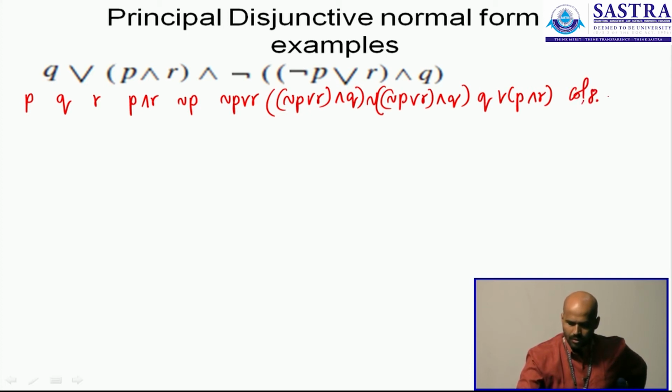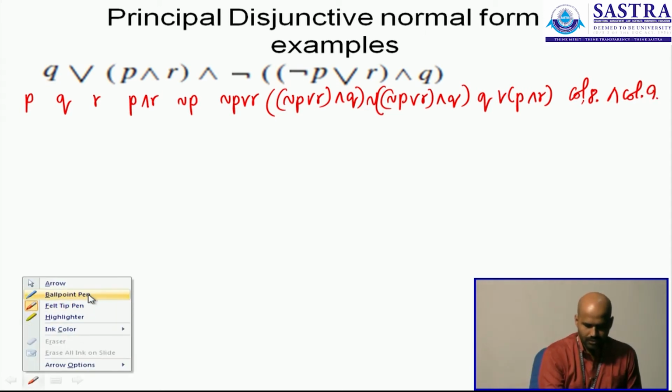Column 8, conjunction, column 9. Let's write this down quick and fast.